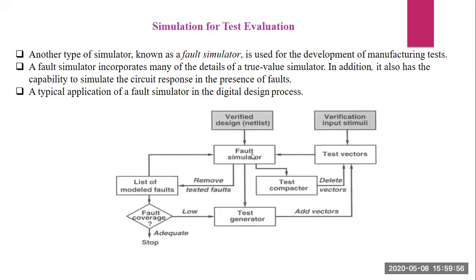These test vectors are going to drive the fault simulator. If there is any fault in the design, at the input side or at the output side, that can be noted at the fault simulator itself. For example, if I have a fault within one 4-input AND gate, something which is stuck at the B input. If there is a fault at the B input, what happens? We are going to check it with the test comparator. It has to check whether the fault has occurred within that input or not. That is going to be driven through the test comparator to check within the test vectors.